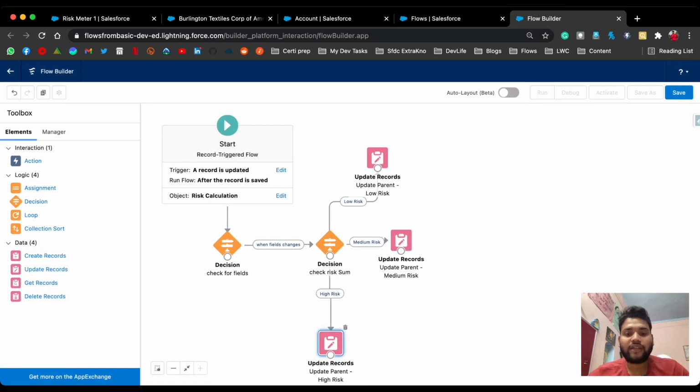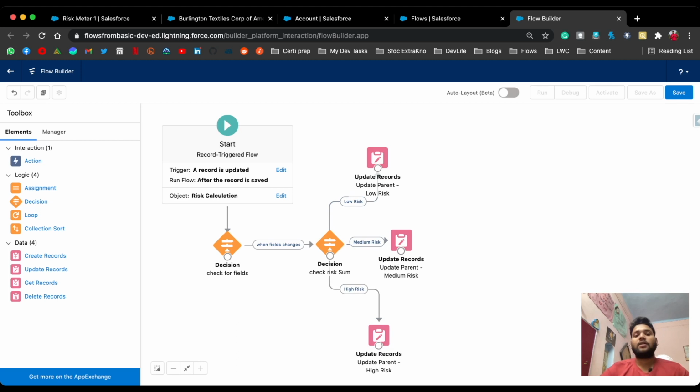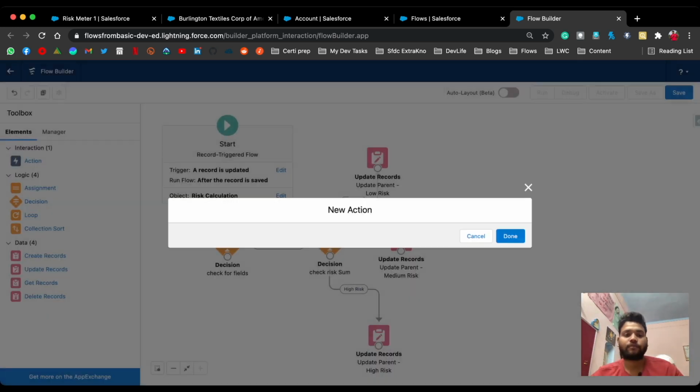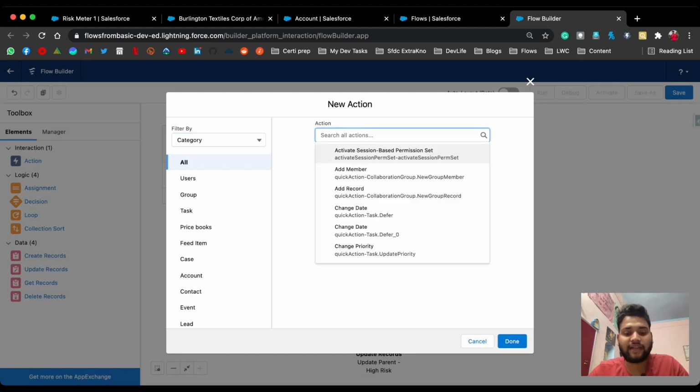Now all the 3 risks we've covered, and now what you can do, you can simply add a default line with these record updates. Let's say if there is any error while updating parent record, so it will throw an email to us. So let's select an email action and select send email.